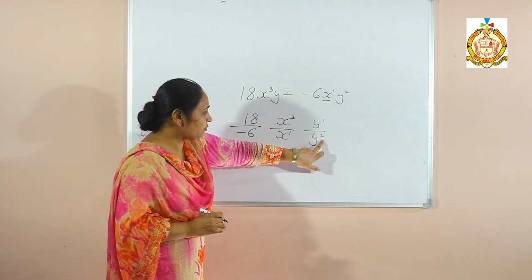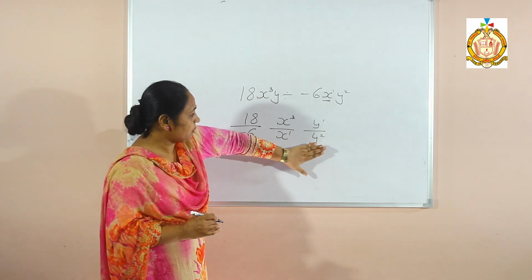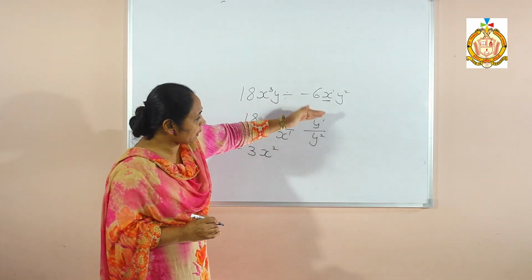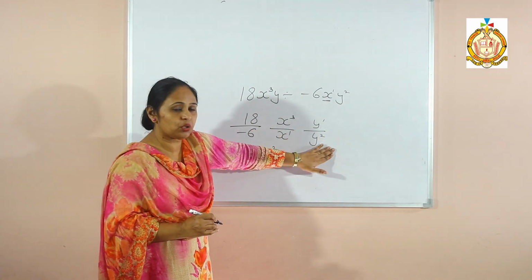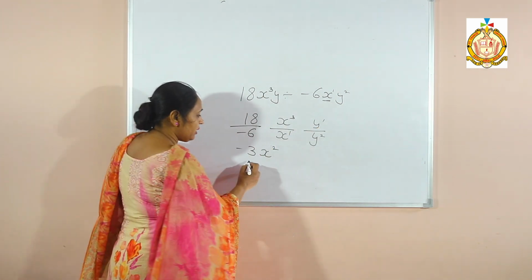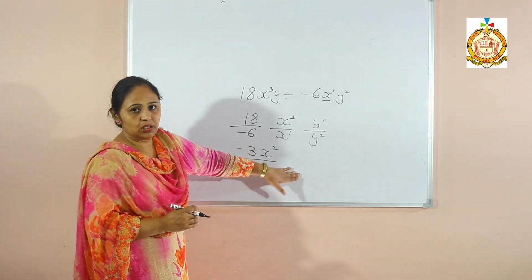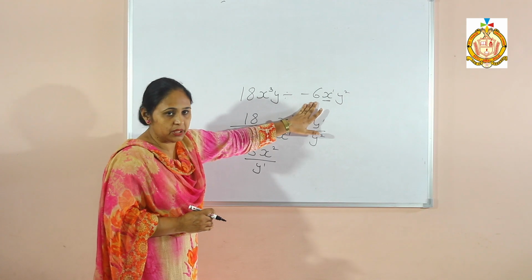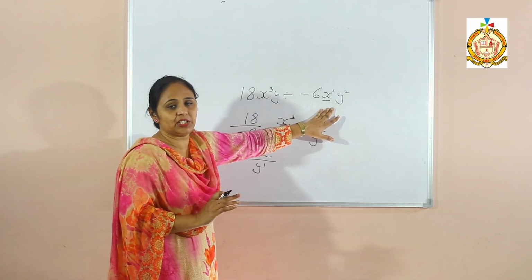Now y raised to power 2 is there, y raised to power 1 is there. Then again we have to subtract, but the greater power is in the denominator. That means this will be subtracted from it. Always the smaller power we subtract from the greater power. This 1 will be subtracted from 2 and remaining there will be y raised to power 1. This is my answer. See it, students, we can divide numbers with numbers, and the same variable with the same variable. Don't take different variables.